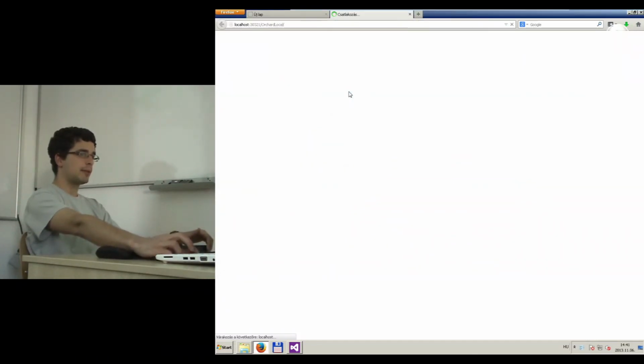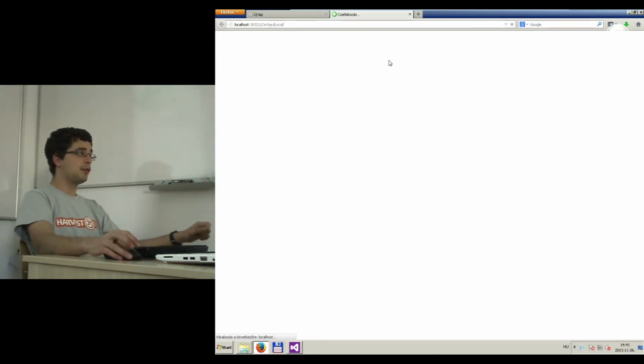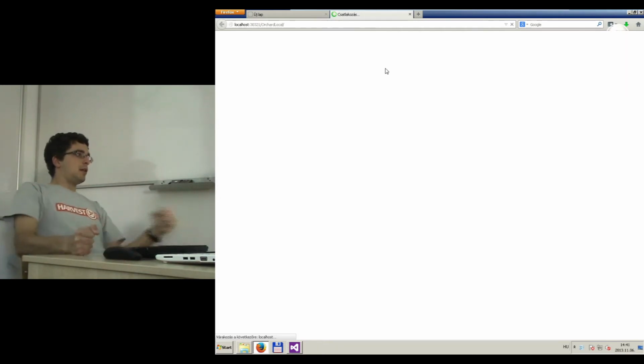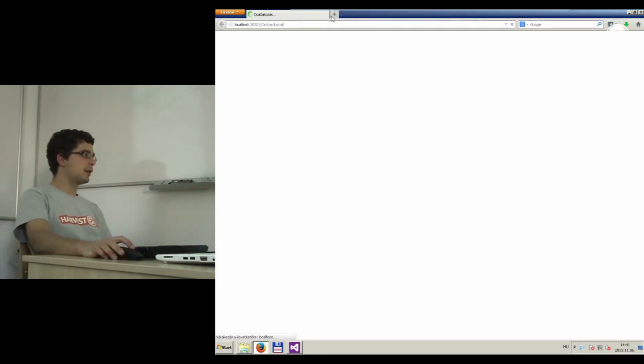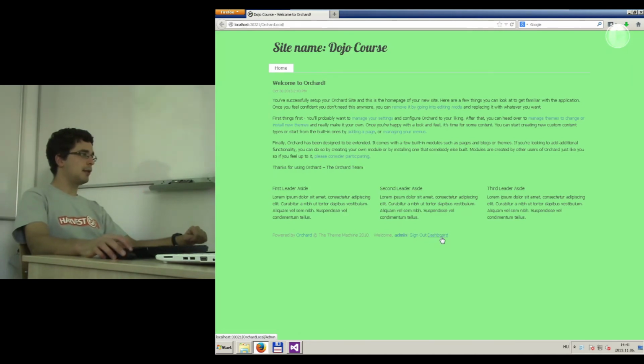And after that, we will take a look at how to extend our migration with something else, and how to go further with content part development. Okay, so let's see what happens while it's starting up. The cold start is also always a bit slower, of course, than normal. So here is our beautiful green website,